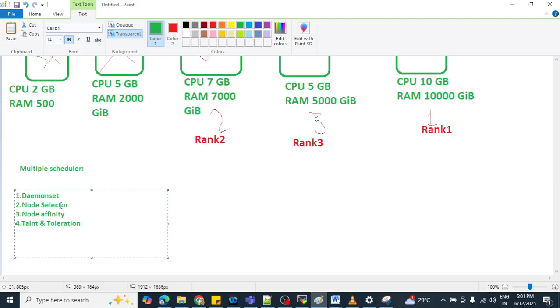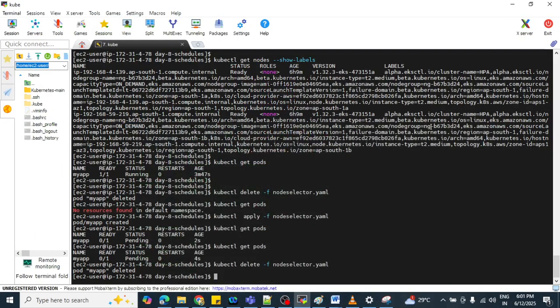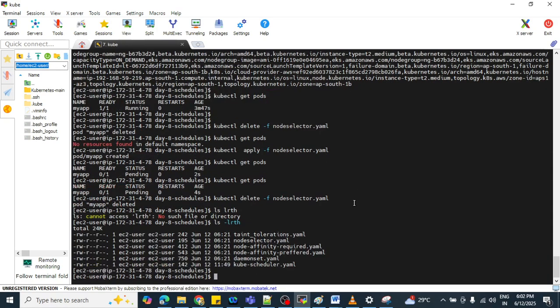Here requiredDuringSchedulingIgnoredDuringExecution is there, and preferredDuringSchedulingIgnoredDuringExecution concept is there. So what is requiredDuringSchedulingIgnoredDuringExecution? Let me show you.